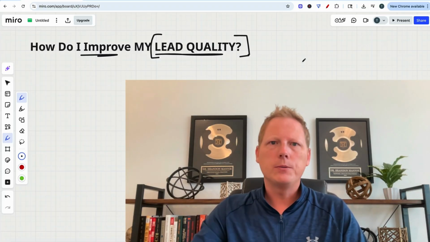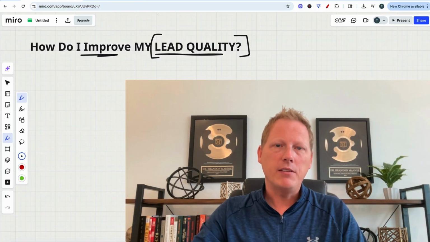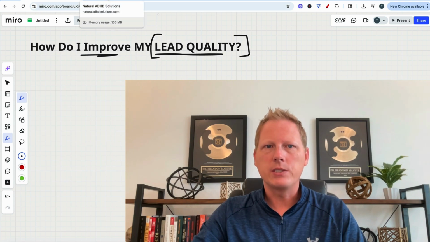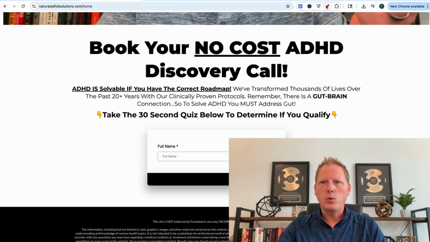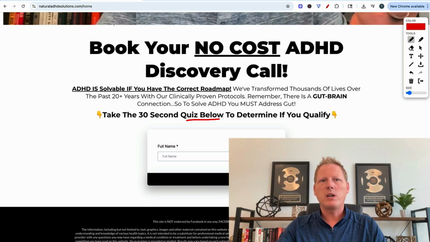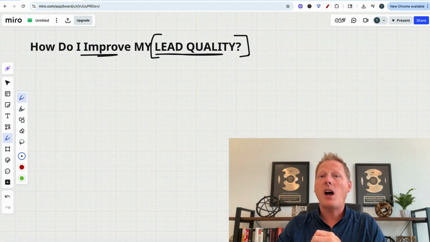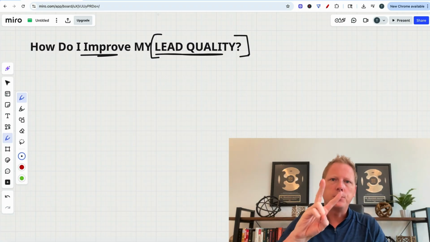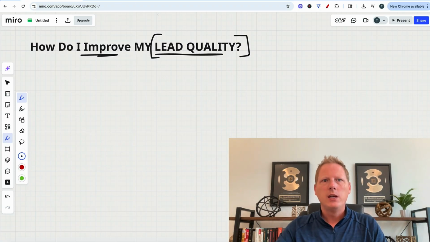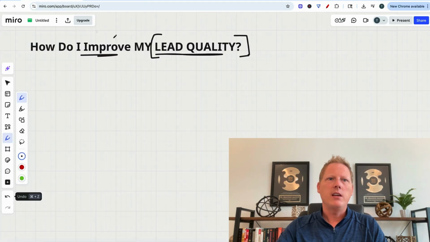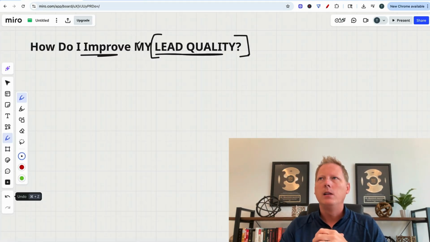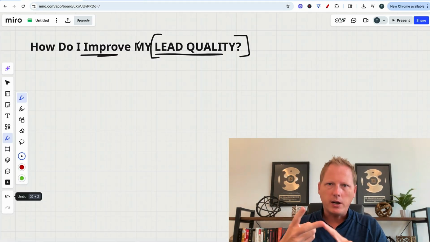Okay. Step two, after you've done that, if you want to, because it's more strenuous, you might consider doing a quiz funnel. I have this on my ADHD one. It's going to increase the cost. Your ads are going to be more expensive to get a conversion, to get people in your calendar, but it protects your calendar. So there's 2 disqualifying questions that I ask. When you go through this quiz, it's first name, last name, email, how long have you had the ADHD, what have you tried, what's working, and so on.